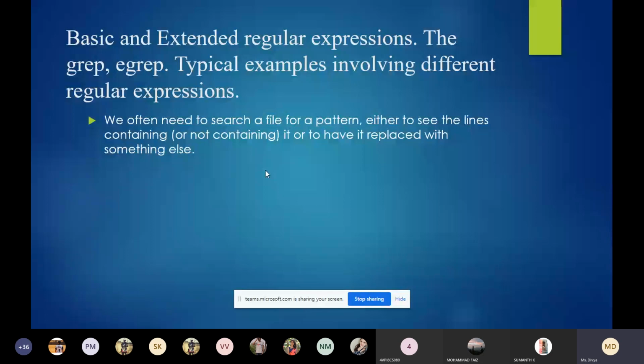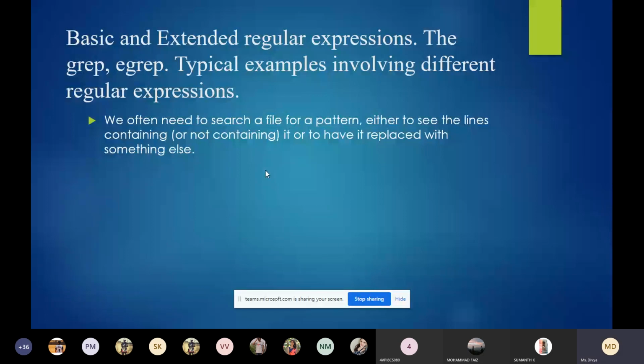For dealing with regular expressions, in this topic we are going to study two commands: the grep command and the egrep command. And we are going to study examples that involve different regular expressions.